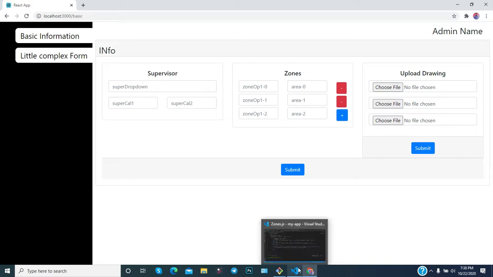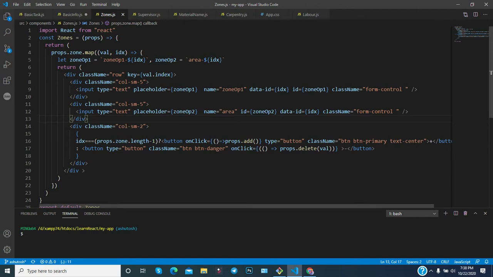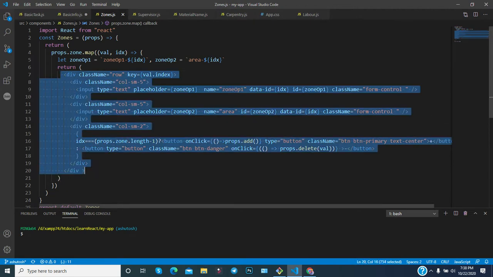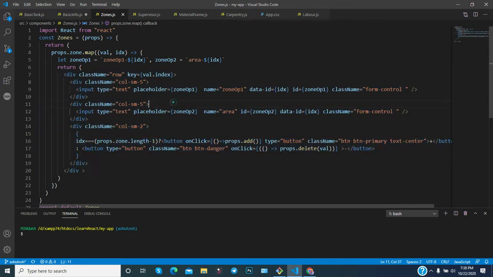And since the random method is always unique, it will be used as an identifier that this is a unique value. So that's why we have used val.index here.